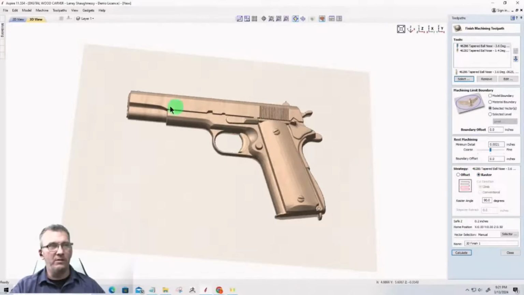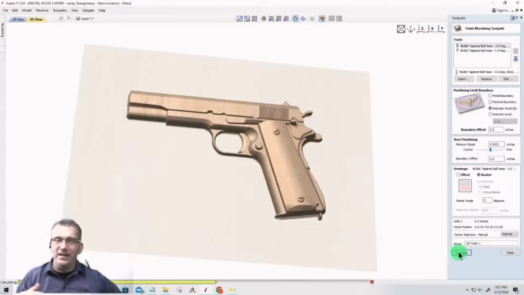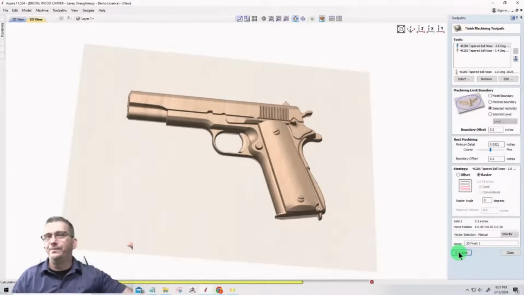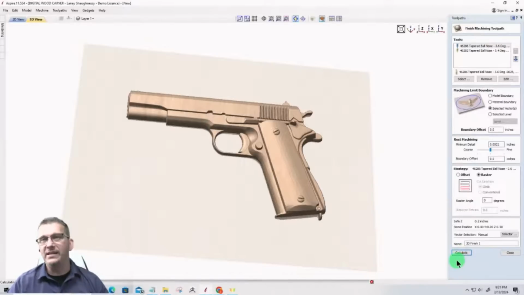I like to cut with the grain, so it's going to go raster along 0. Less sanding for me to do. And I'm going to calculate this toolpath. Now my 1/8 inch bit is going to do the entire model up to where it can fit. And then my 16th inch should come back and only do the detail work, the rest machining it's referred to